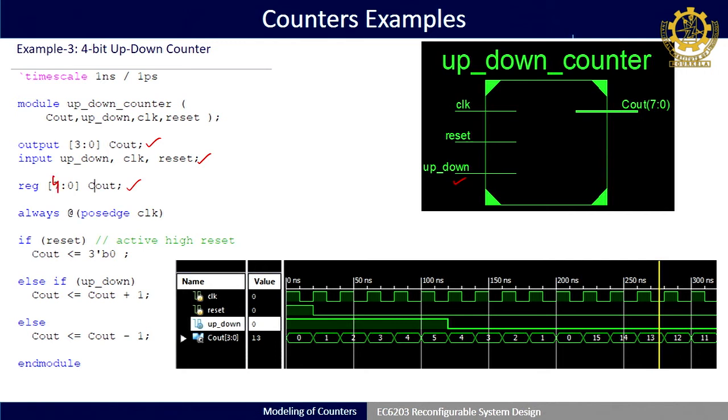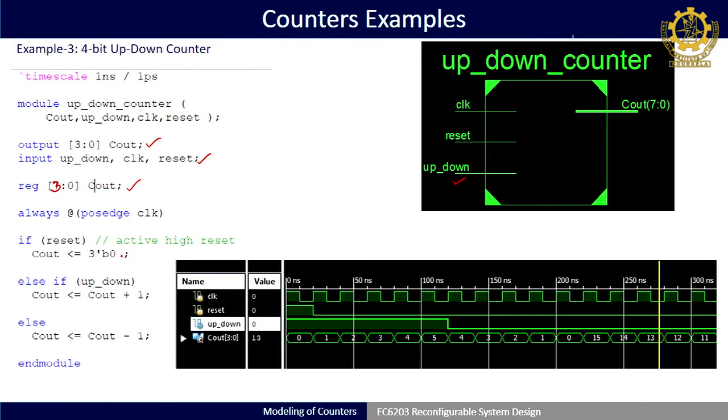C out is declared as a register, as we have to assign it a value inside an always block. Again we have taken a synchronous reset design, behavioral modeling. Inside the positive edge of the clock, if reset is high, my C out is 0.